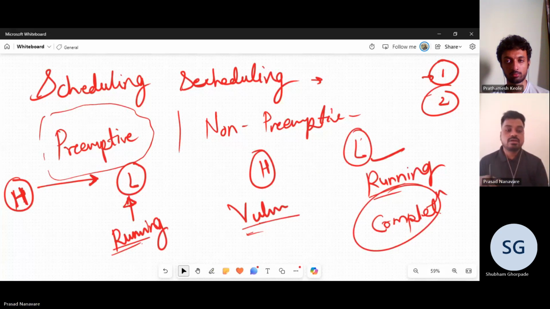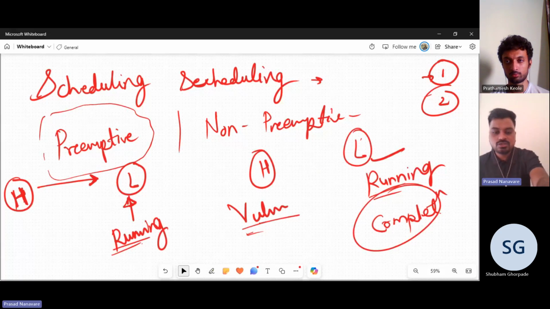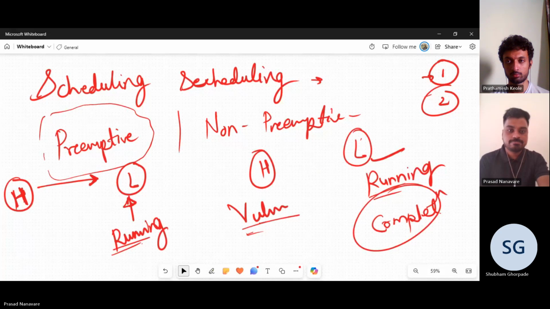In preemptive, what I'm saying is my higher priority task can interrupt the running low priority task, and मतलब उसको बोल सकते हैं I need to run, we need to stop, okay, it can interrupt that basically. And in non-preemptive, what happens is that higher priority task cannot do this, okay. Even if the low priority task is running right now, it will run to the completion, and then only the rest of the things will happen, okay. तो ये ऐसी ही चीज है, ऐसे ही छोटे छोटे कॉन्सेप्ट्स है इसमें। सो ये सब डिटेल में भी देखेंगे हम।